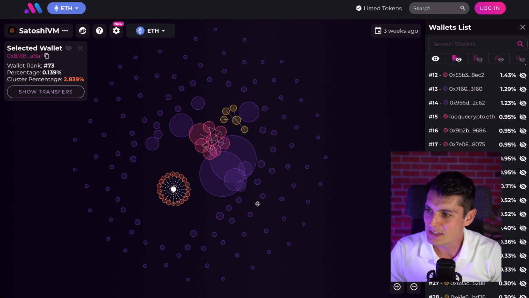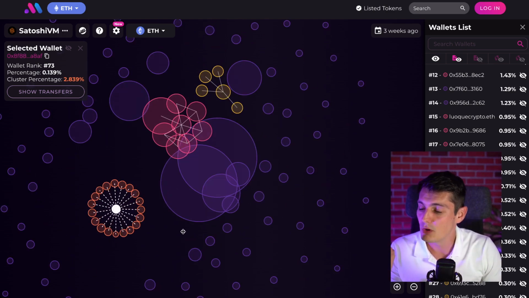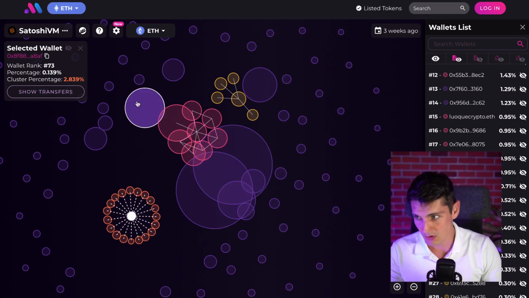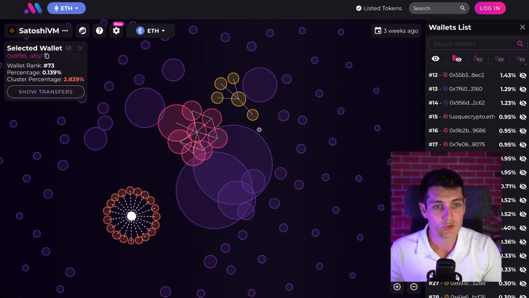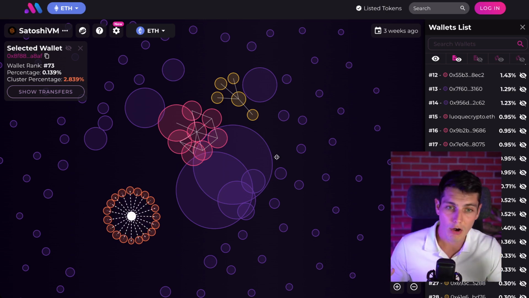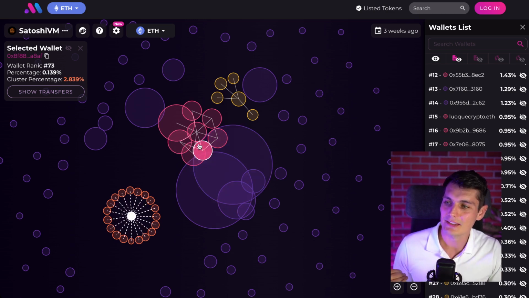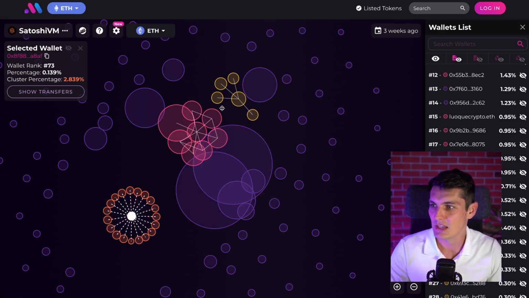And what this information will tell me is that I will already be able to see if someone is holding a lot, like those massive wallets. But those wallets can happen if it's an investment fund or even the wallets of the project. However, when I see some connections like this, it's a bit dirty. Same here. I can see that those wallets were connected, did transactions together, and same here.